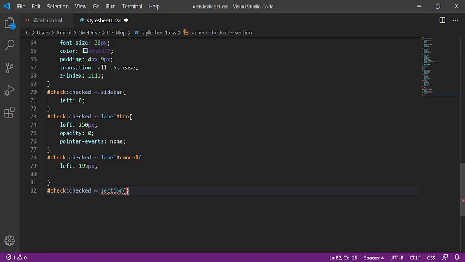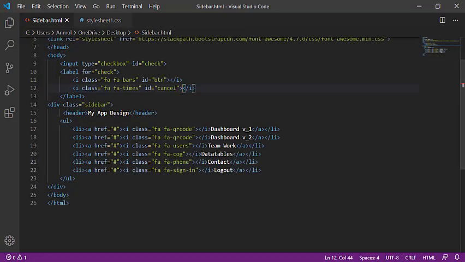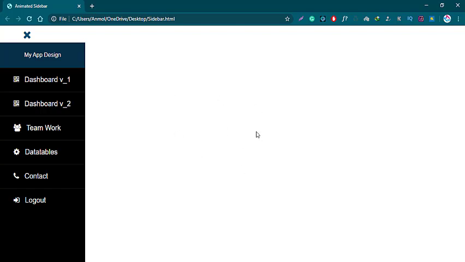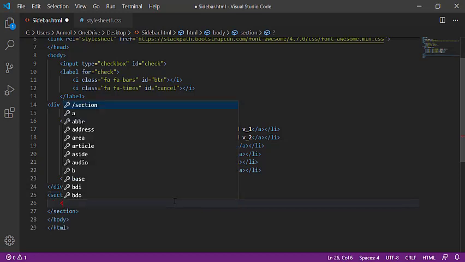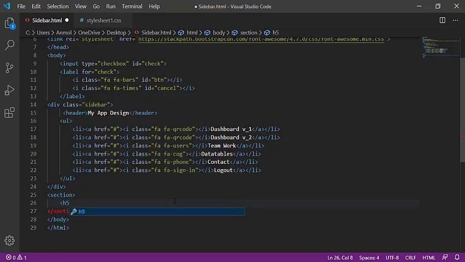You are going to think that I am not adding any section portion in the document, so I am now adding this portion also. Why I am adding this portion? This is for the left portion and the section portion, remaining portions. So after that div, I am creating the section portion, and in this section I am adding some heading of heading 5, and in the heading my latest app design.